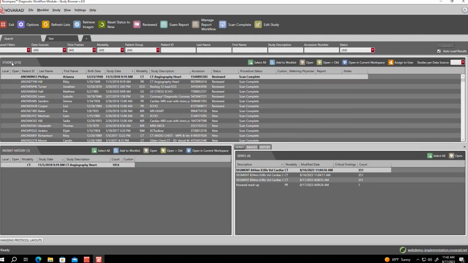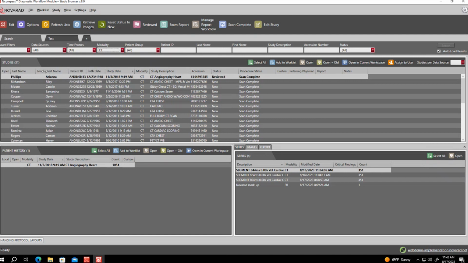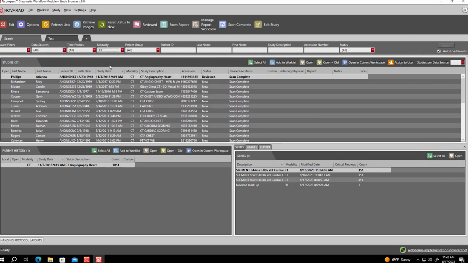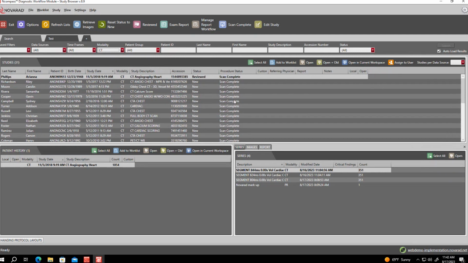Then you get down to the filtered studies tab. So this is the section that's only displaying whatever we're filtering for. And if we were to change our filters, you'll see that the number of studies will change every single time. You can also customize the layout of this as well, simply by dragging and dropping whatever columns you want into whatever location you want. So if there's a column that's listed on here that you don't necessarily care about or want to see as much, and you want to place it towards the end, just drag and drop that over